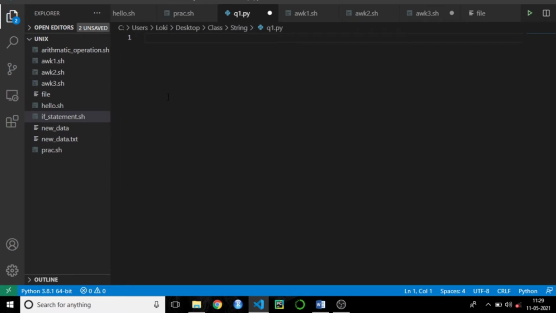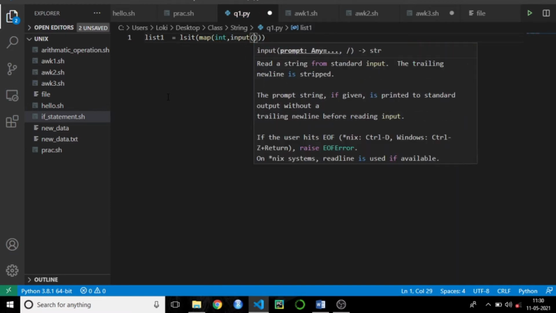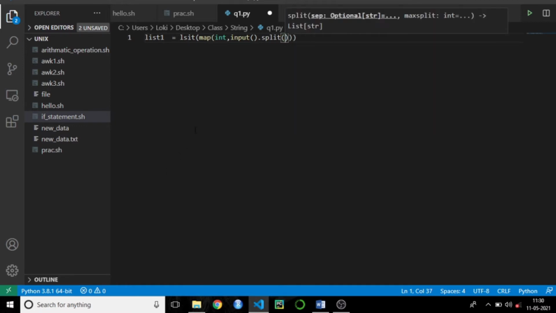First step, I need to take an input from the user, that is a list. First I will take all the input from the user: list of map int comma input dot split. Why am I writing this?